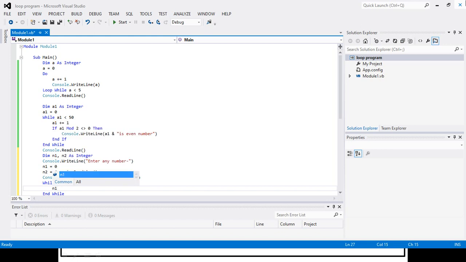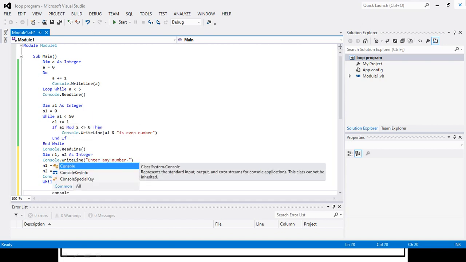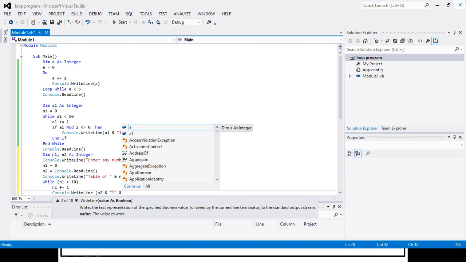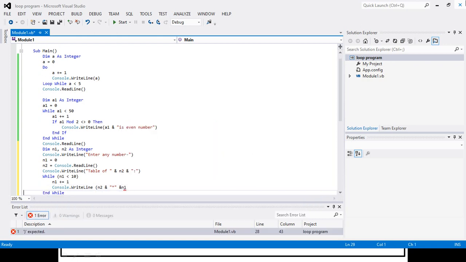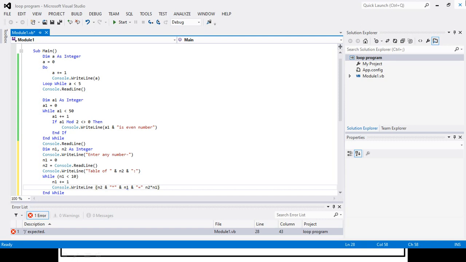Here we will first increase our counter by 1, and after that we will print the table by writing Console.WriteLine, and in that I will write n2 into, and here the value of our counter n1, and here again an equal to sign we will require, so I will write that again with concatenation, and here there will be the product of n2 into n1. Okay, so this will work.